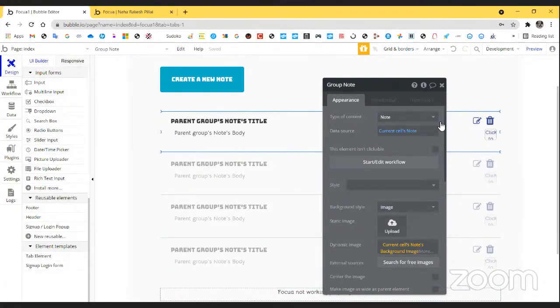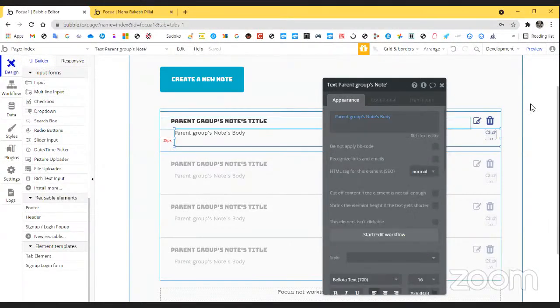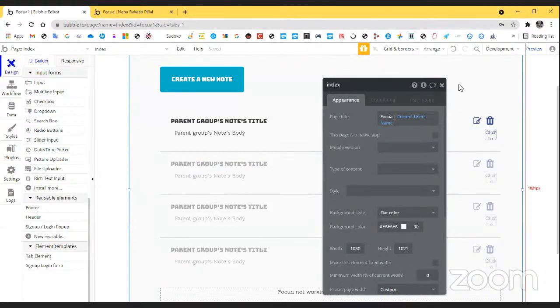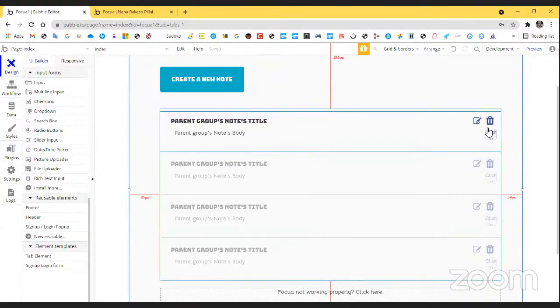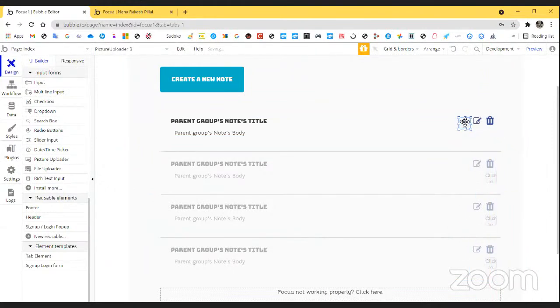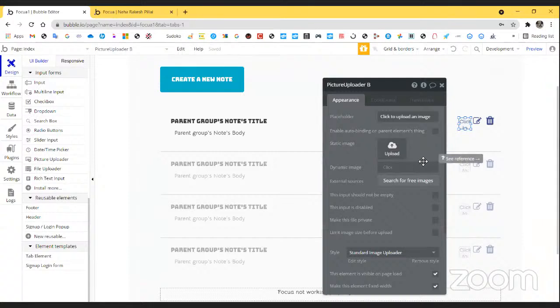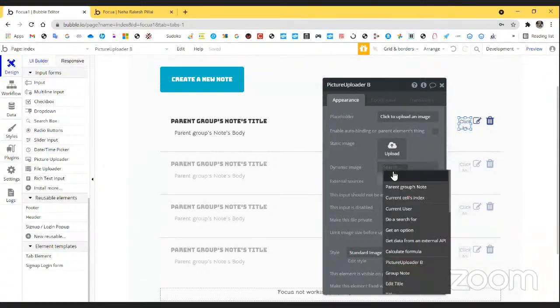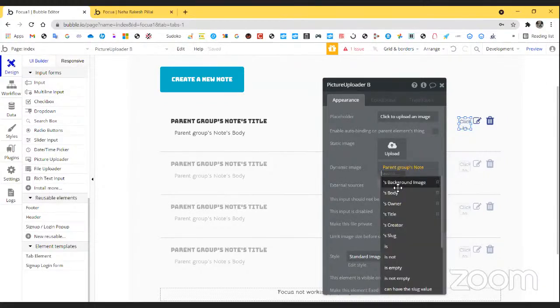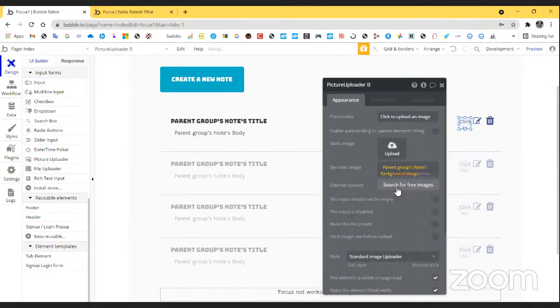Now click outside that one, and let's go to the small image uploader you added on the page. Click on that, double click on it, and select dynamic image again. Go to the first one, parent group node, background image. Very good. Now run your code